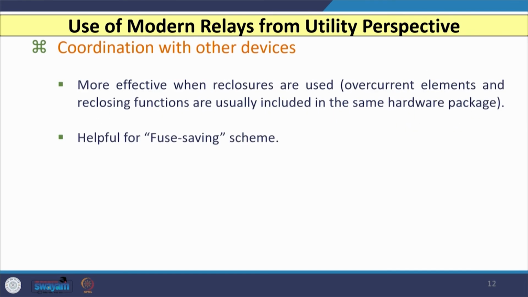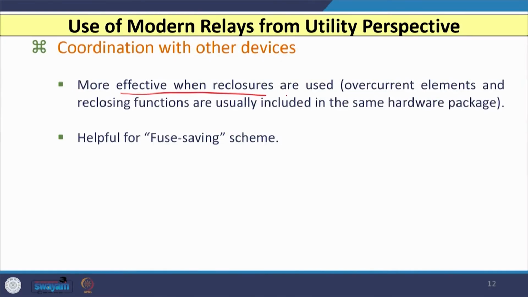Further, nowadays we are utilizing reclosers in our conventional electrical system, and this is used just to improve the reliability of the system, because we know that 80 to 90% of faults are transient in nature and may die out after some time. So, if we reclose and transient faults are there, they can die out and our system is in normal or healthy condition.